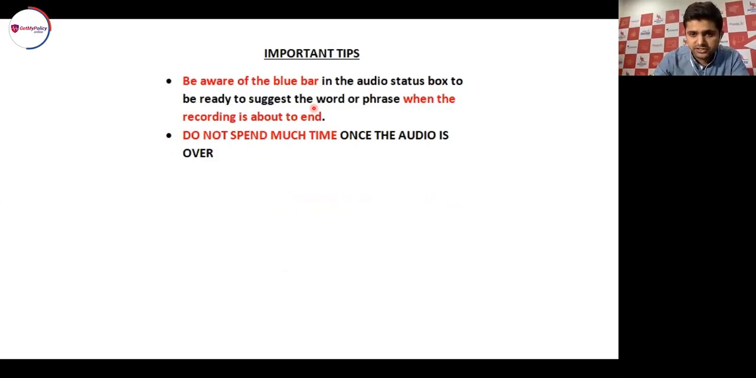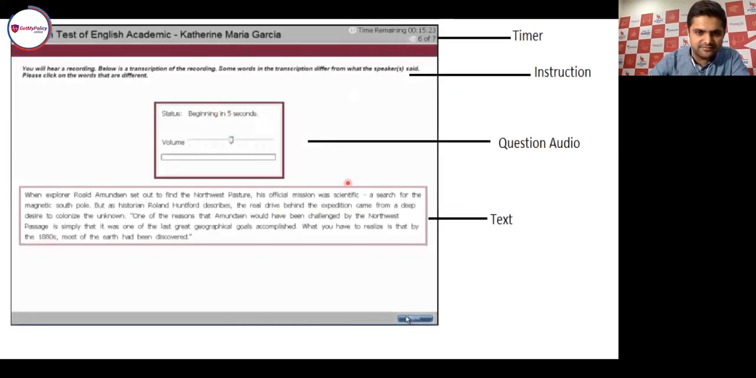Do not spend much time once the audio is over. So you see there are many tasks in this section where you do not have to spend much time. Now the second but last is you need to